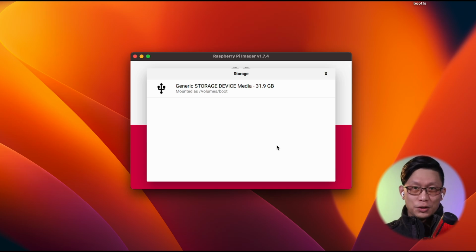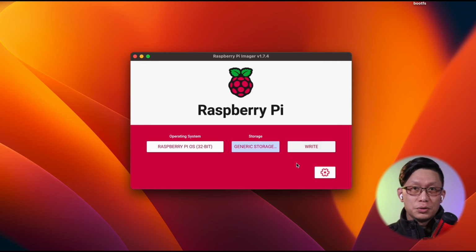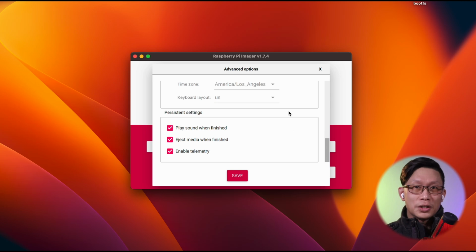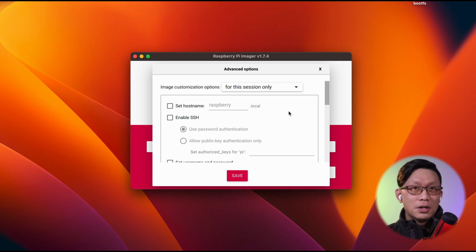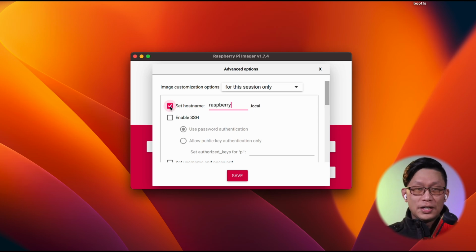Okay, so the third option you want to do before you write to the card is to click on that configure or gear icon, which brings up the settings. In the settings, you have quite a few options here. The first thing you can do is change the name of the Raspberry Pi device itself. I am going to leave it as the default, raspberry, and then I'm going to